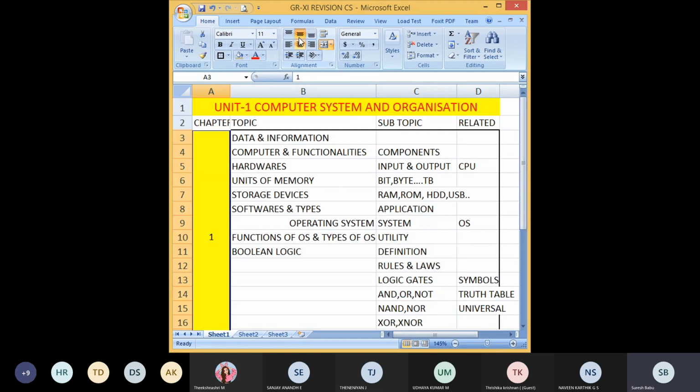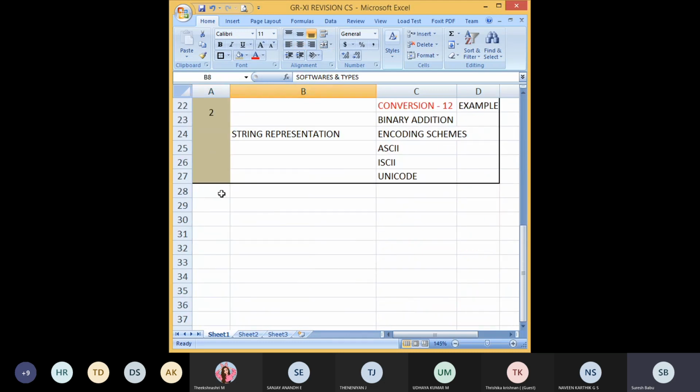Students understood first chapter and second chapter? Yes, sir. Then we will go for the third chapter. The third chapter is emerging trends. What are the things we learned? Here we learned six concepts. First, we saw about cloud computing. What is cloud computing? You should know what the types are, that is deployment model and service model, everything you should know.